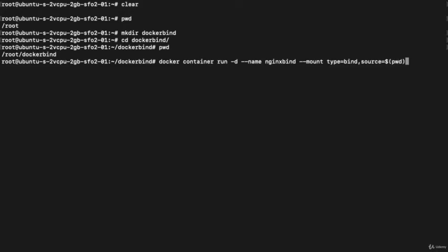It means the current running directory, right? Then define the target, and suppose I define the target as app. Then you need to define nginx, which is the image name.